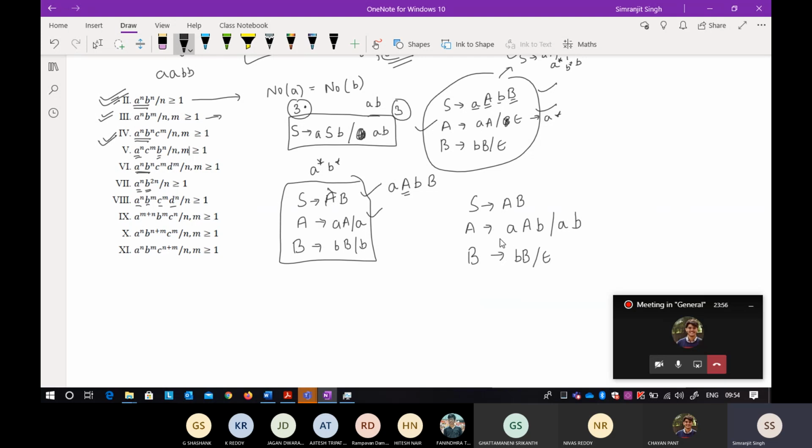I think Fanindra, you made a mistake. So C for that. C, yeah, absolutely correct. I made a mistake here. So it is C here, because I want a C star. That is why it will be C. If you build a tree, it will be like CB, CB. Any number of C's can come, since C is star. So that is absolutely fine.